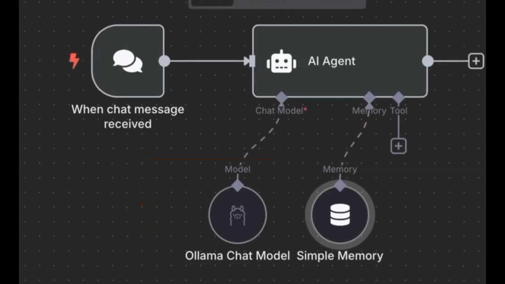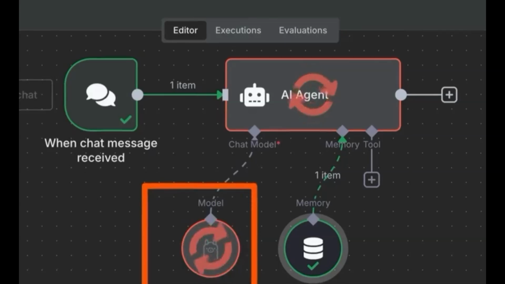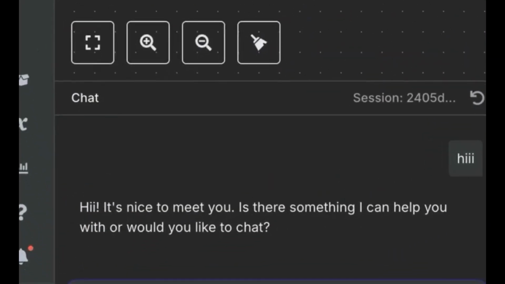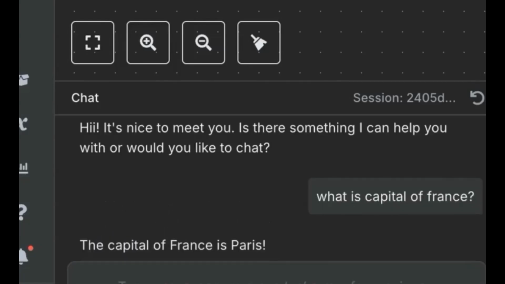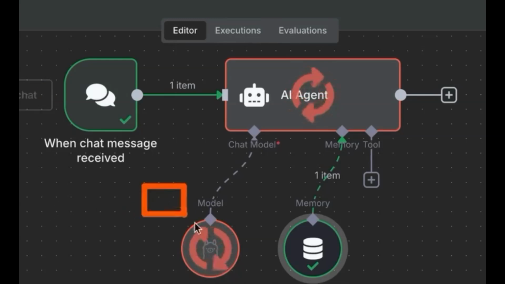you can chat with your locally hosted LLM as many times as you want for free without paying any single API calls to OpenAI, Anthropic. For example, I'm just asking a simple question to our Ollama chat model and it is giving perfect answers as you would normally get inside OpenAI API calls. So that's how you can run any open source LLM models inside your n8n